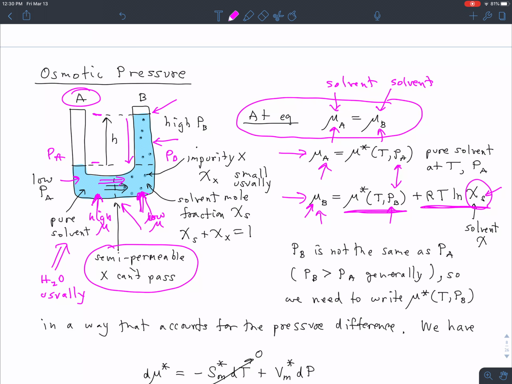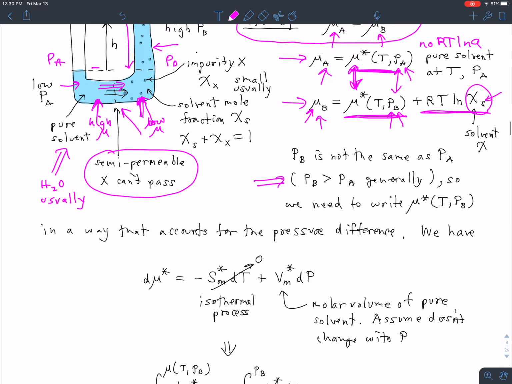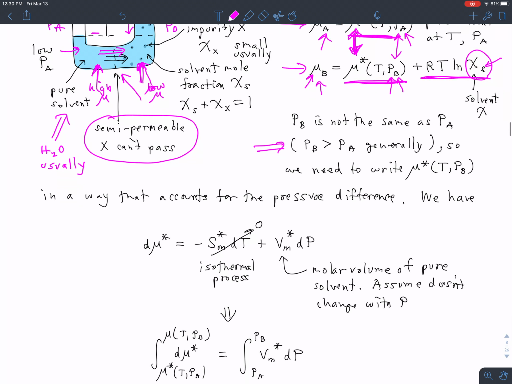On side A, the pure material, there's no impurity, so there's no RT log anything over here. And it's just the standard state chemical potential that matters at whatever pressure happens to be relevant, right? So it's the pressure on side A for the solvent on side A, and it's the pressure on side B for the solvent on side B. Because the two are not the same, these two standard state chemical potentials are not the same, and so we have to derive an expression for what difference there is between these two,